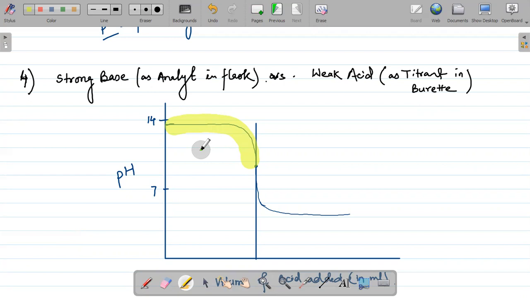Now buffer के लिए हमको चाहिए क्या होता है? Either a weak acid or a weak base. Do we have that? No. Can we make a buffer or can we call that solution a buffer? No. ठीक है, यानी NaOH